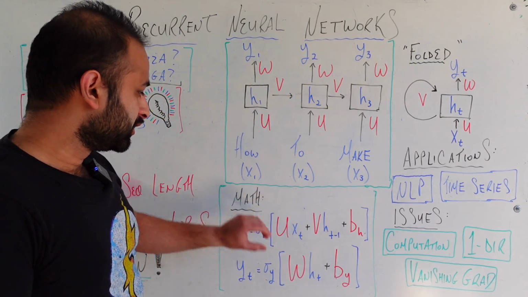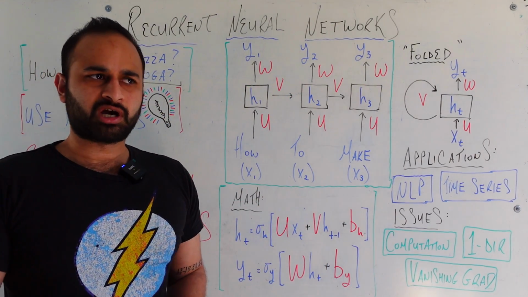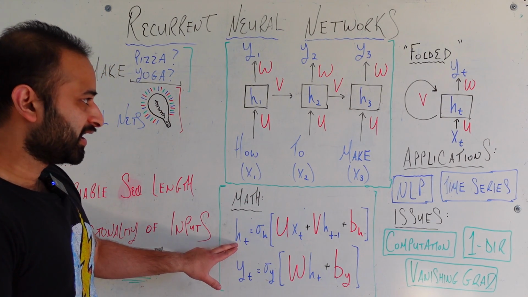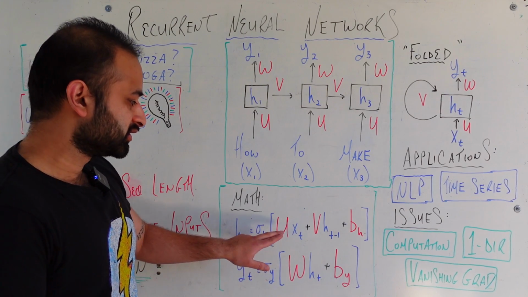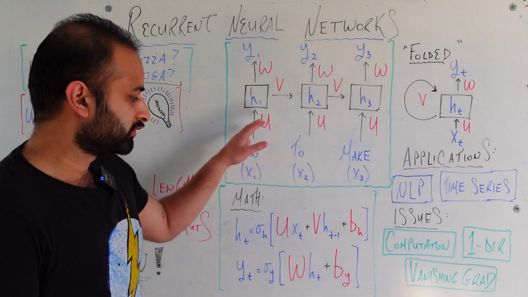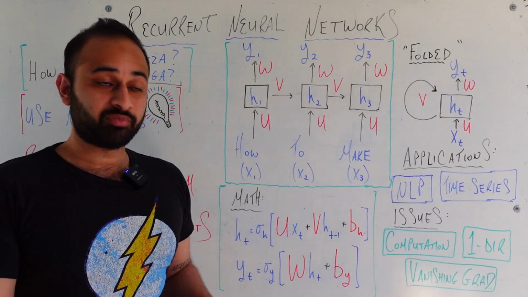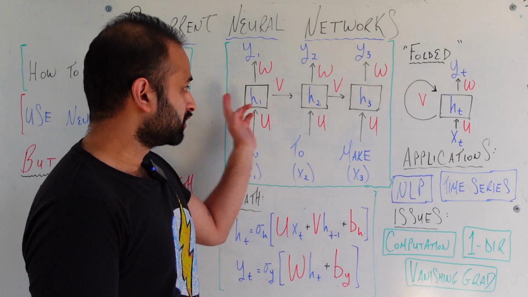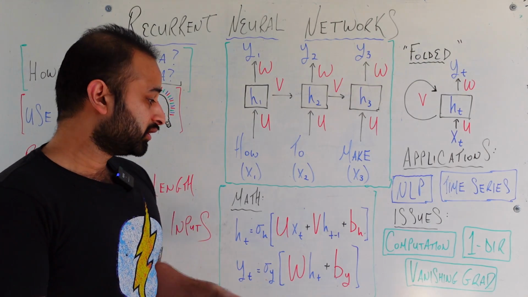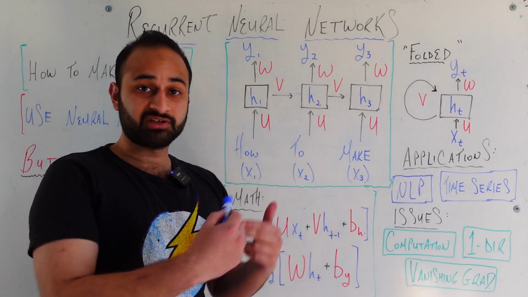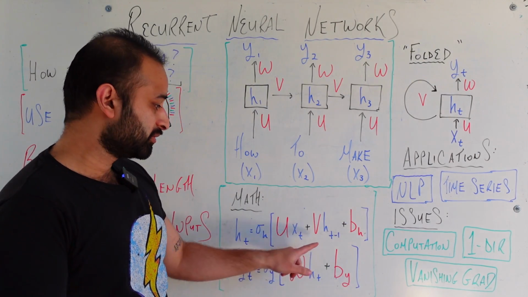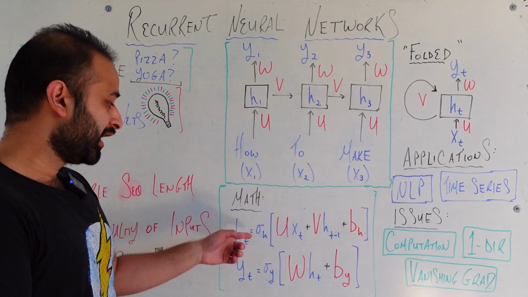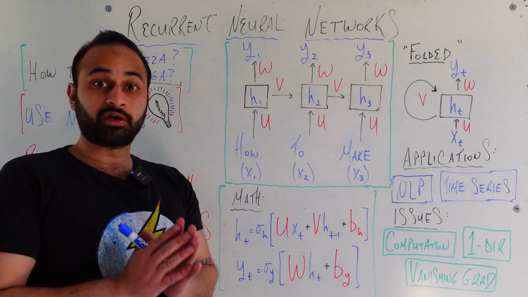And so here's your diagram and here's your math down here. So let's just talk about the math explicitly. I think it's been pretty much covered, but again, to get the hidden state at any time step, you are going to first take this linear transformation U, so that's all these U's down here, to process the current input, x_t. You're going to add that to a linear transformation V, so that's all these horizontal arrows you're seeing here, times the value of the hidden state at the previous time step. That's why there's a t minus 1 right there. Add that to your bias term, run that through your activation function, and boom,